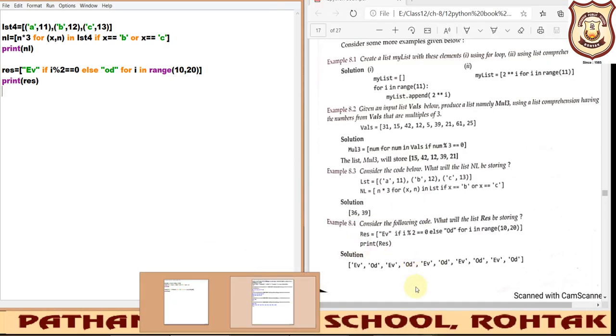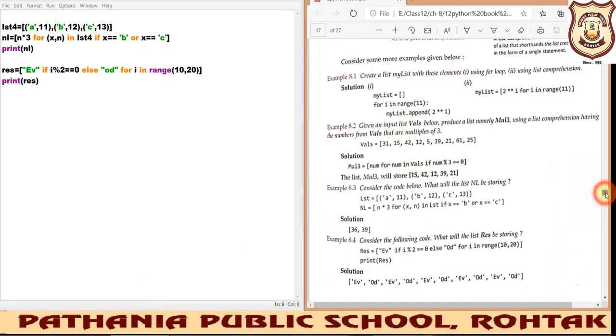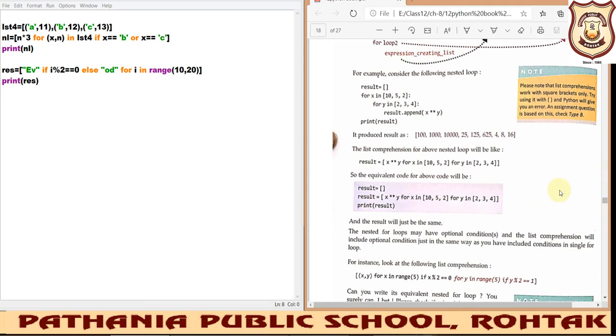Okay, so what is the next example in your book? If this type of code is there, we have nesting of for loops. Initially the result list is given, it is totally blank. Different values of x are given: 10, 5 and 2. Similarly, different values for y are given: 2, 3 and 4.